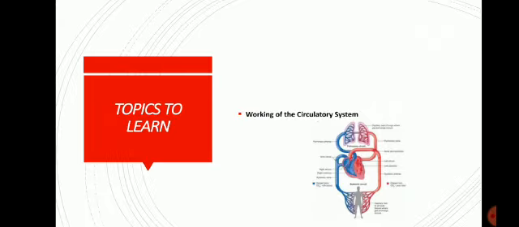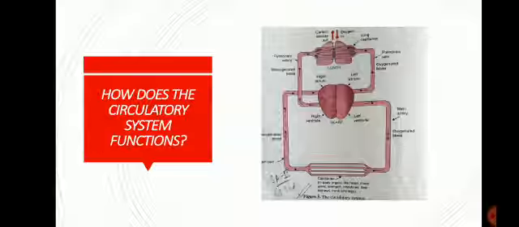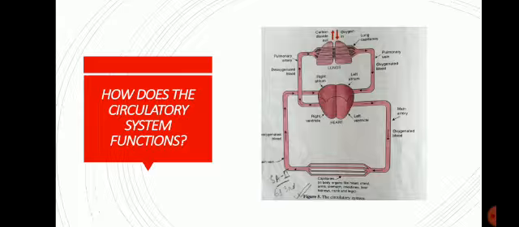So we all know that the circulatory system consists of what? It consists of lungs, heart, blood vessels and blood, isn't it? So today we will learn how this entire thing is related, that is, what is the pathway of oxygenated blood, and what is the pathway of deoxygenated blood. I hope in our previous class we all learnt about the structure of the human heart, about the four chambers and about the blood vessels.